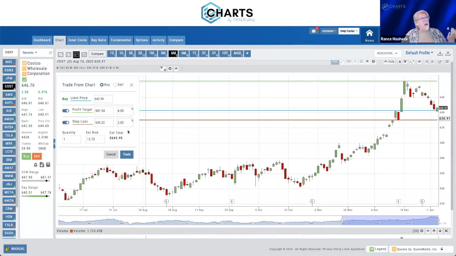So that meets my greater than 2-to-1 risk reward ratio, right? So I can see all that here. This also will show you, we did quantity 1 for a reason here, because I've got 2% risk. My risk between my entry price and my stop is still $12.73